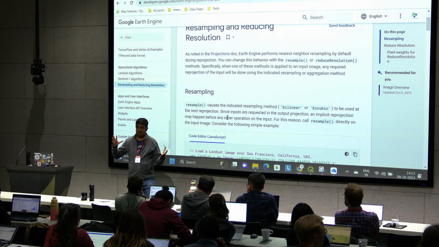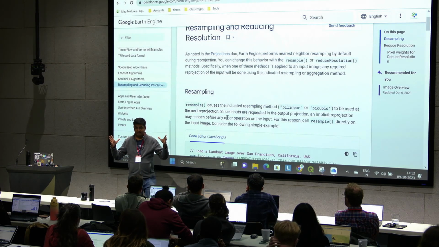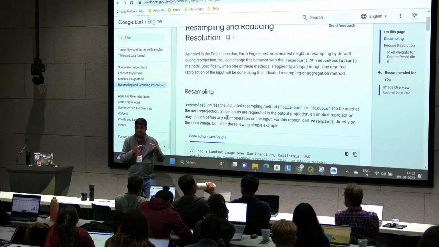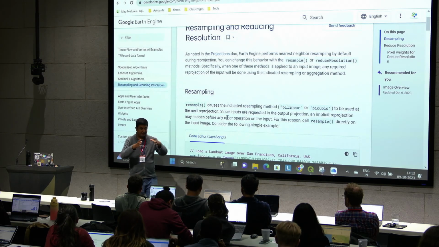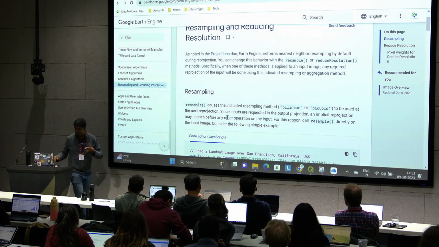Let's say you are trying to combine Landsat and MODIS in a single analysis. Landsat pixels are 30 meters, MODIS pixels are 500 meters, and you want to combine those two, you'll have to say, I will take all the Landsat pixels and reduce resolution. So I will combine all the Landsat pixels within a single MODIS pixel and create this larger pixel. So there is this function called reduce resolution,